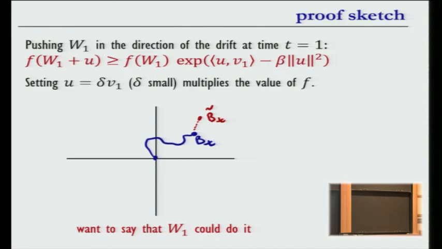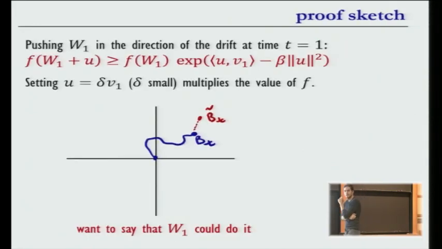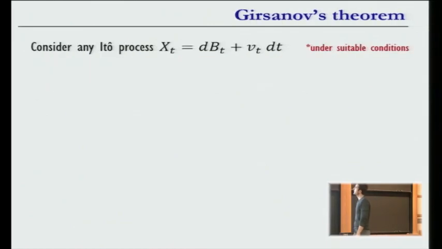We would hope to say that if we push this process a little bit, then there's some probability that W1 could have done this push itself, right? Because W1 is driven by Brownian motion. So there's some probability the underlying Brownian motion could have achieved this push. At the same time, so yeah, in general for the same t, if I push Brownian motion a little bit, you can calculate, it's actually not hard, the change of measure to go from here to here. Okay. So the point is that